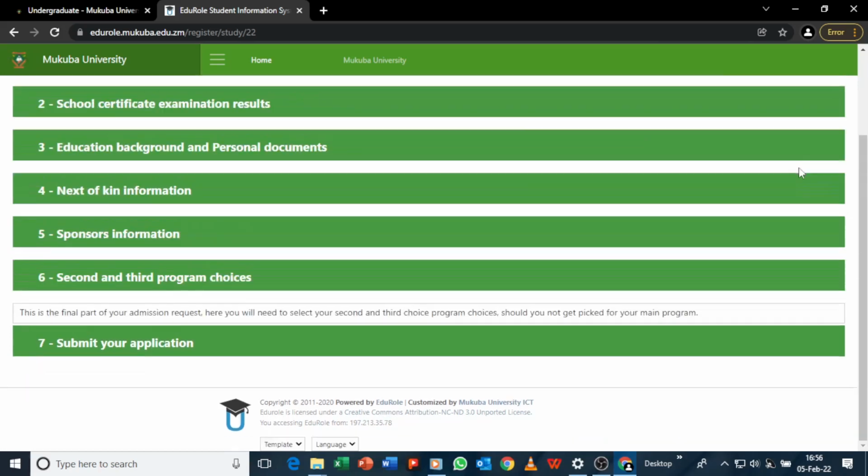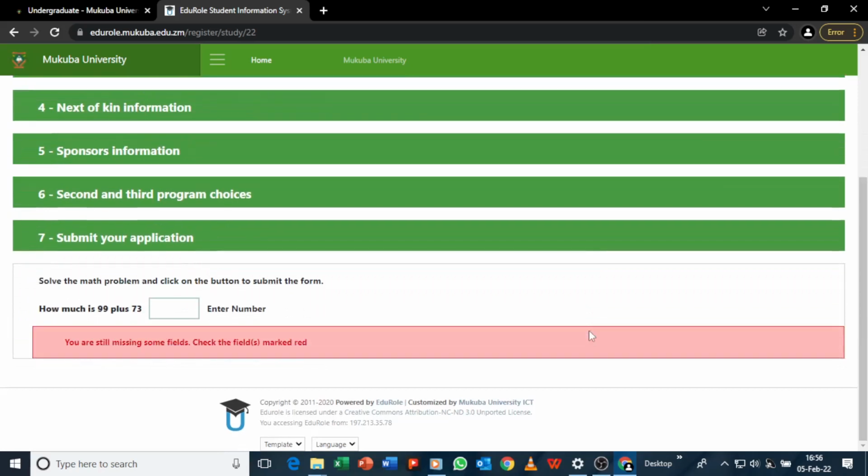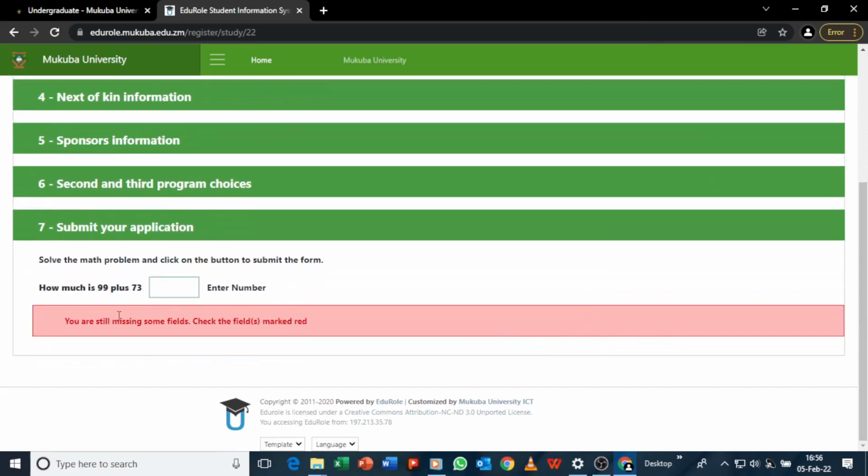You're done here. So submit application. On submit application, if there's anything I've left empty that is supposed to be filled in, it will bring red. That's why I say red is some sort of a warning thing. So you just have to